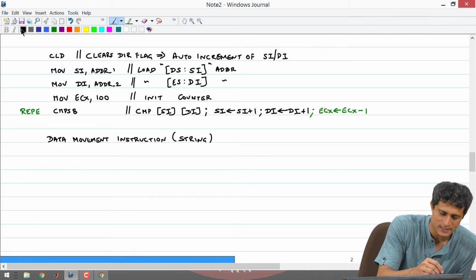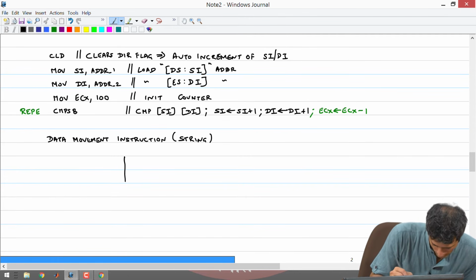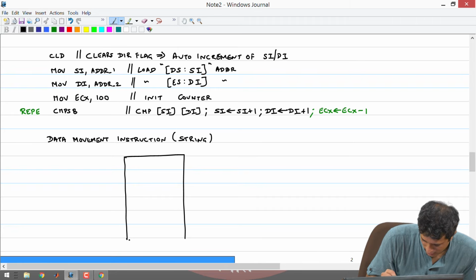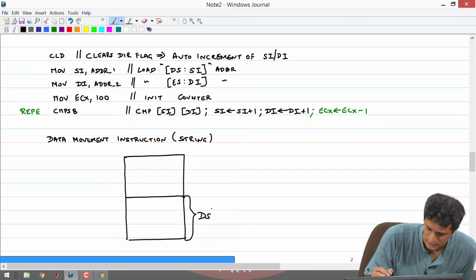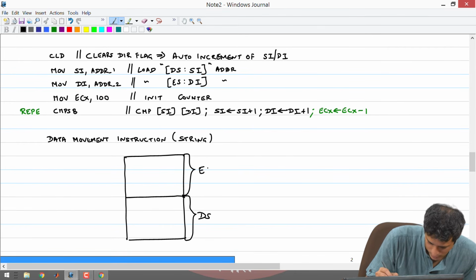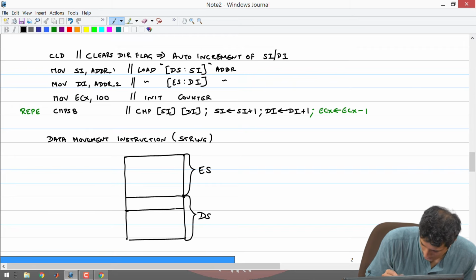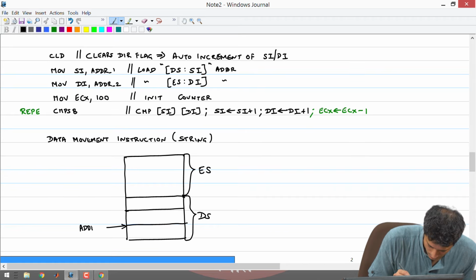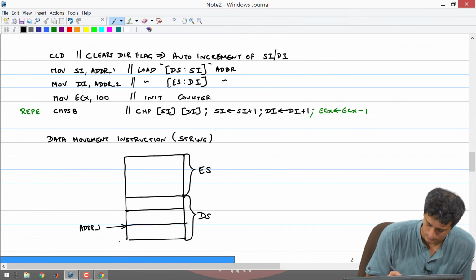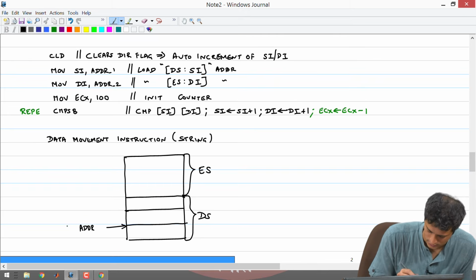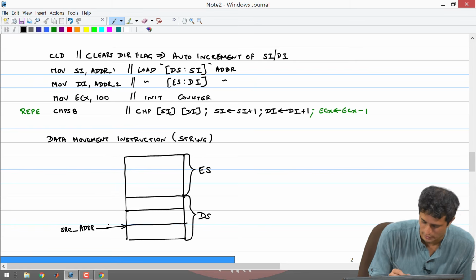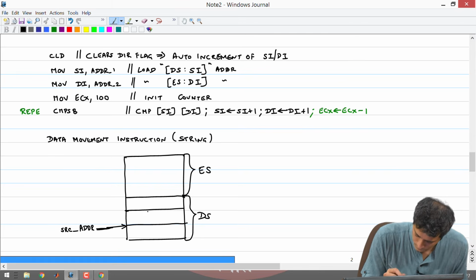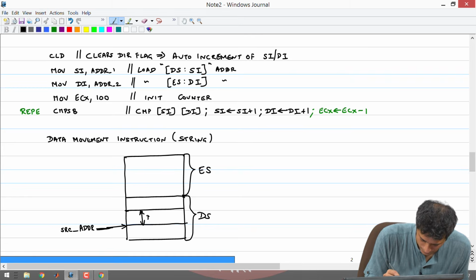In this case the example we are dealing with is, you have a memory block which is sitting in my data segment, this is my extra segment, and I have n locations which are starting at ADDR_1, or this time I could call it a source address in my data segment, and let us assume that this is some n bytes,